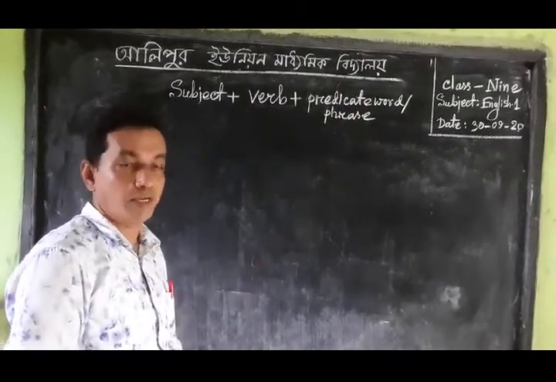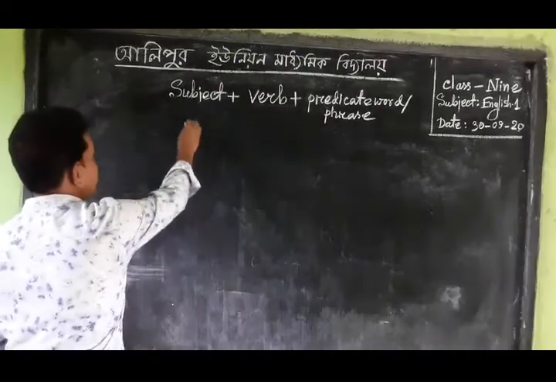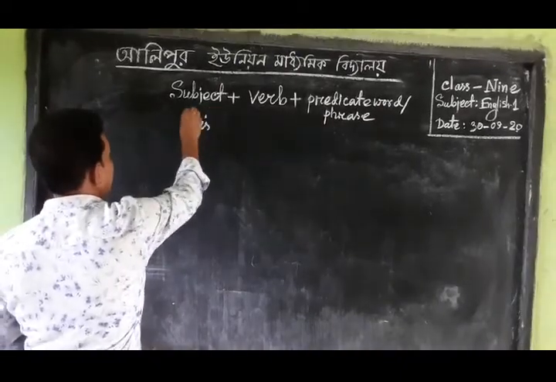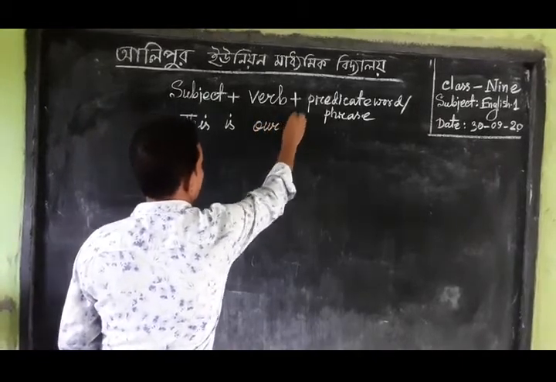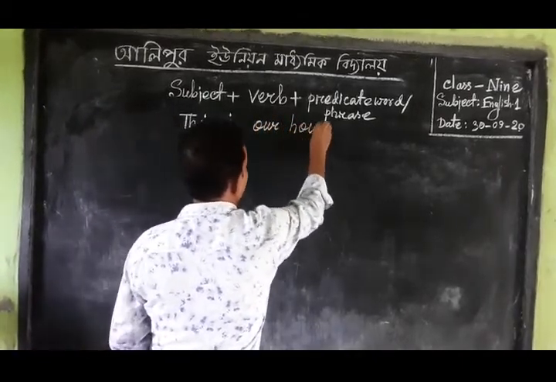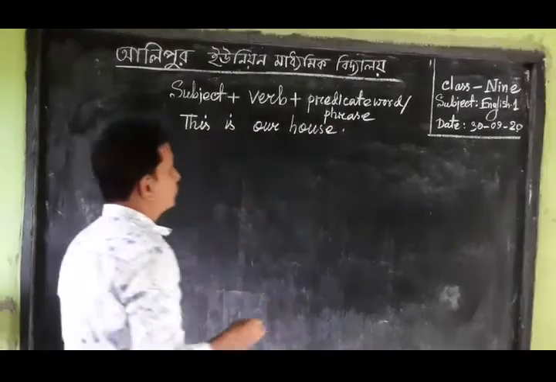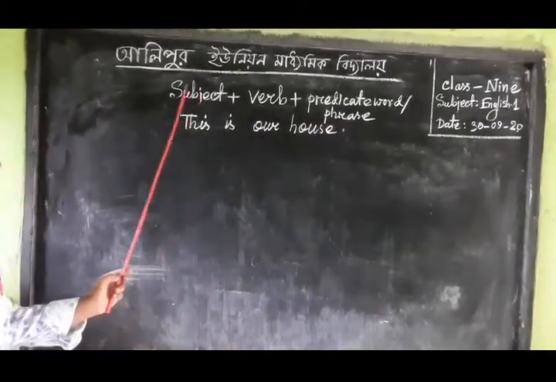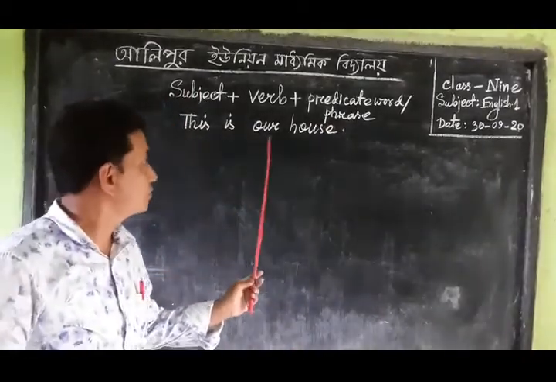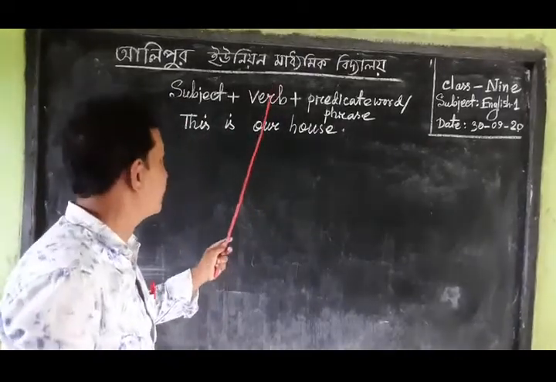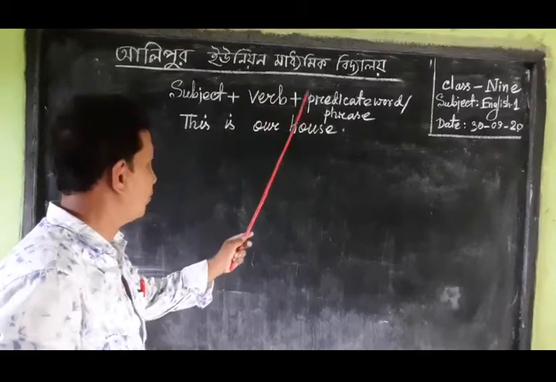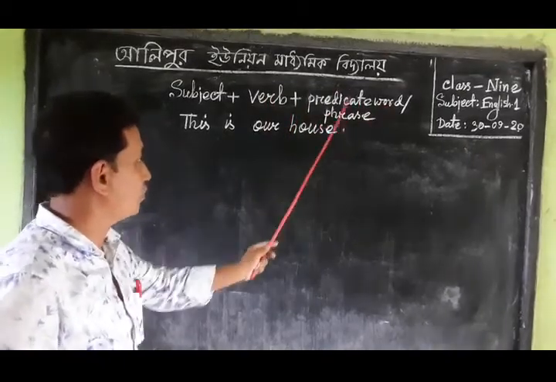Now I am giving an example. This is our house. This is the subject and is the verb, and our house is a predicate or phrase, because